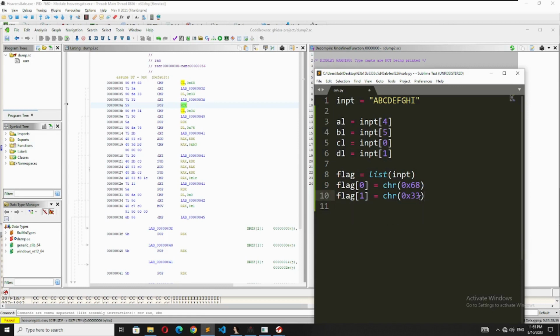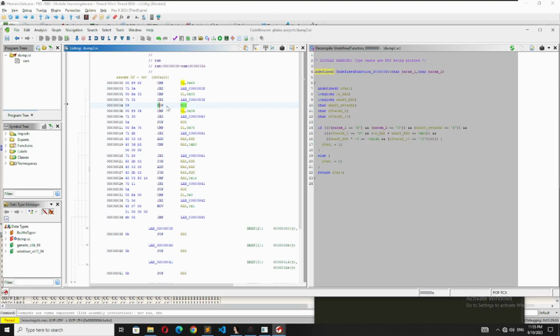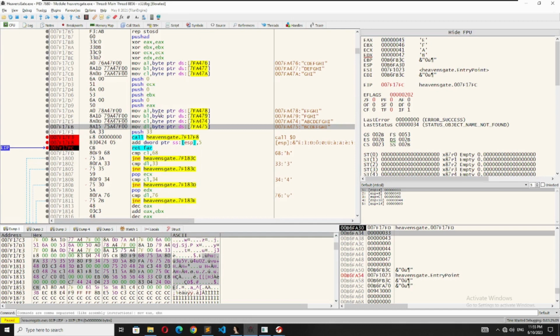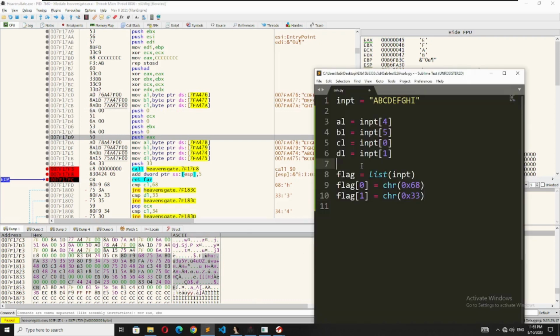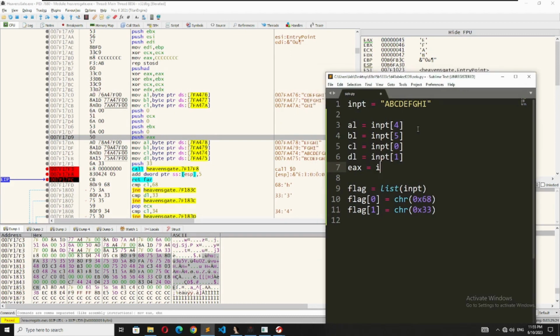is comparing RCX, but it's popped into RCX. Pop means it takes the value from the top of the stack into RCX. And the last push was this push EAX. So we need to take a note first. EAX is equal to C, which is input